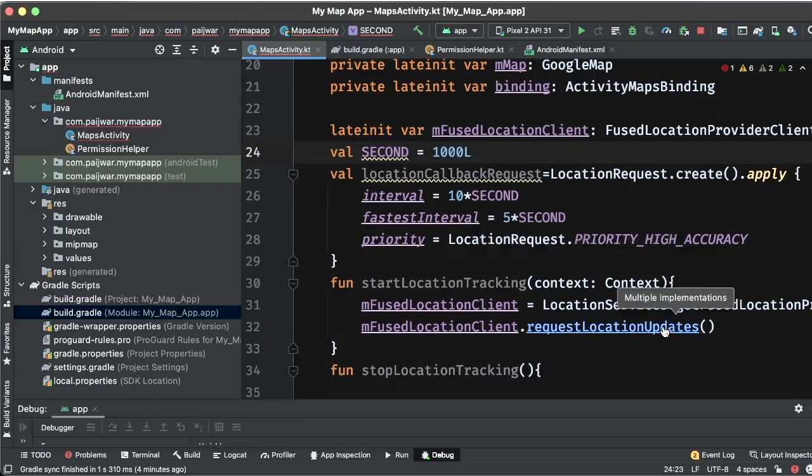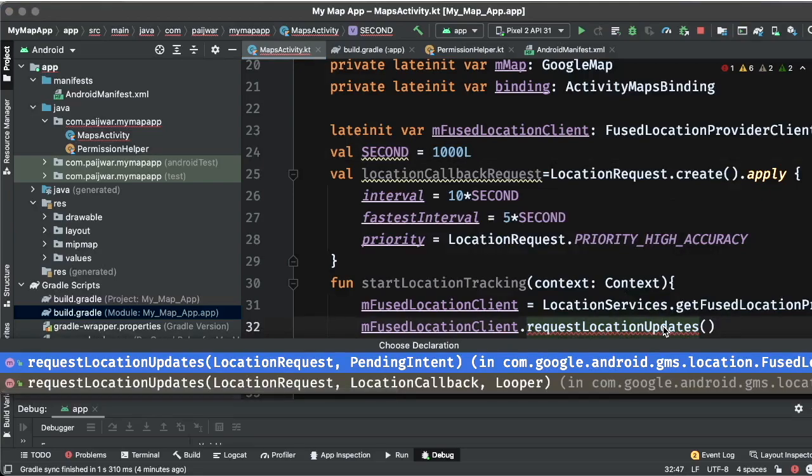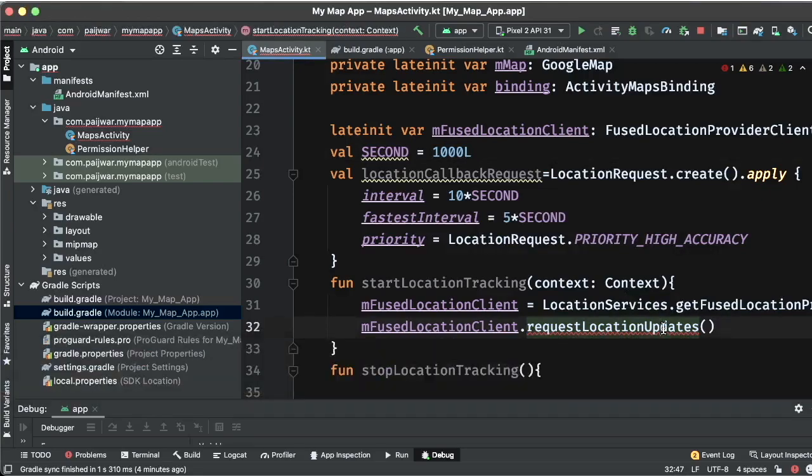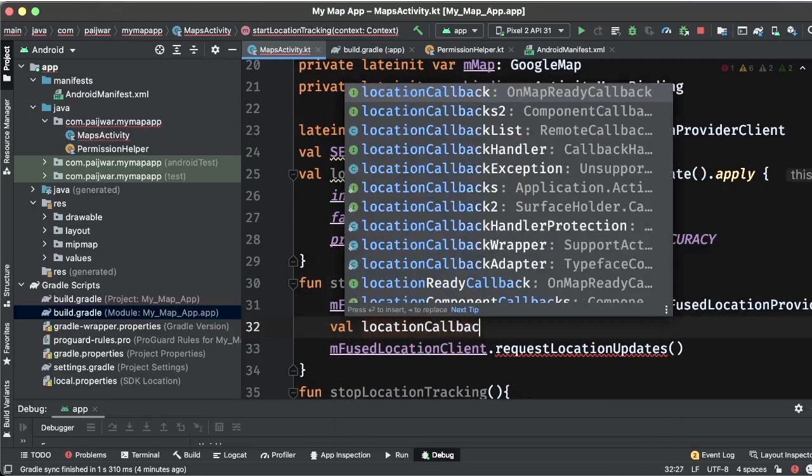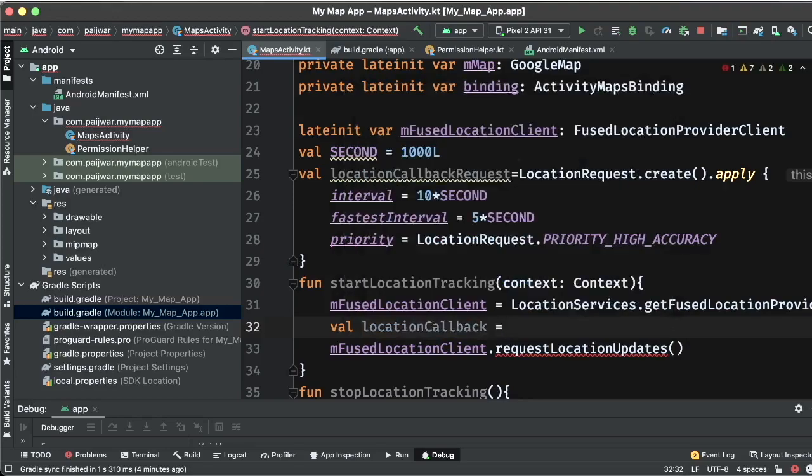Now what it was expecting is a location request and a callback. Now I will be defining a callback also, the location callback. And how do we define a location callback?